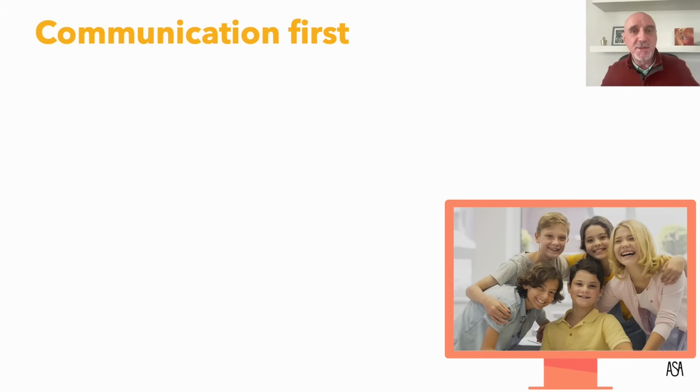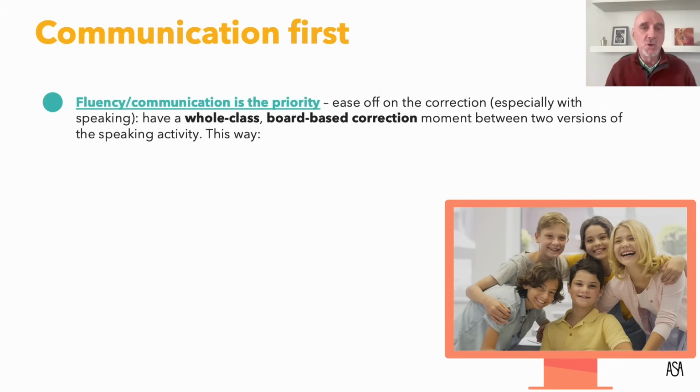So this is a stage where it is good, where communication is your priority, to relax the correction a little bit, not to interrupt when students are doing their very best to produce a piece of written work, or especially in the middle of a piece of spoken production, but to encourage them to keep going,